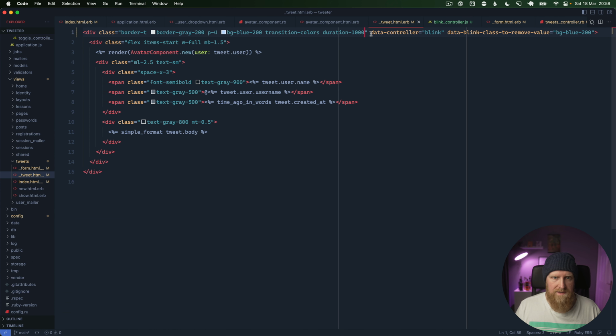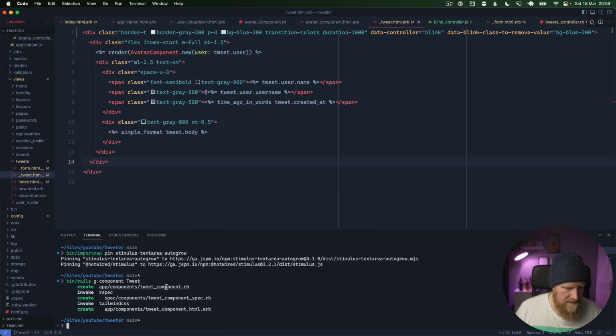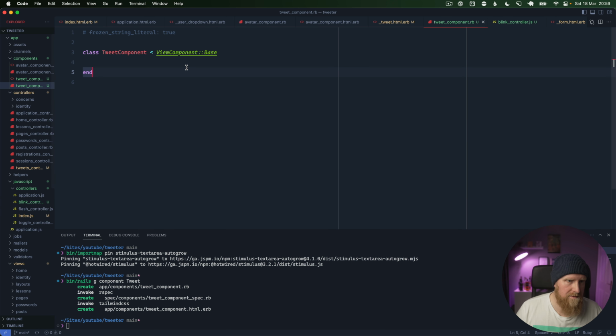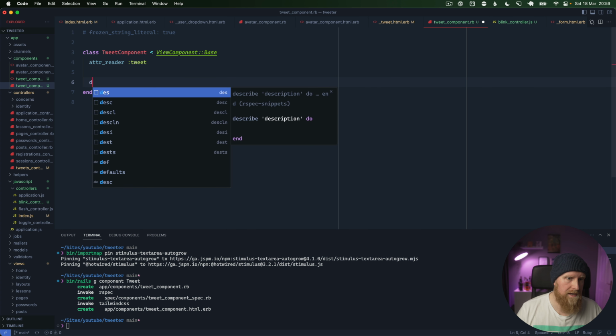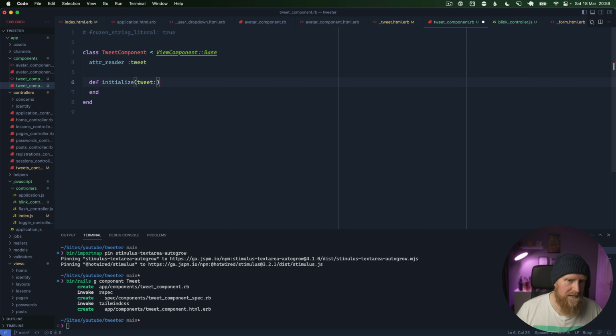And so the only thing is we only want to add this if the element is new. So I think what we want to do here is put the rest of our tweet into a component so we can reuse it quite nicely. So we'll say bin rails generate component, and we'll say tweet, and then we can have our tweet component, and we can have that accept a tweet. So we'll add a reader tweet, and we'll create an initializer method also that takes a tweet and then just sets that. So we'll say @tweet equals tweet,